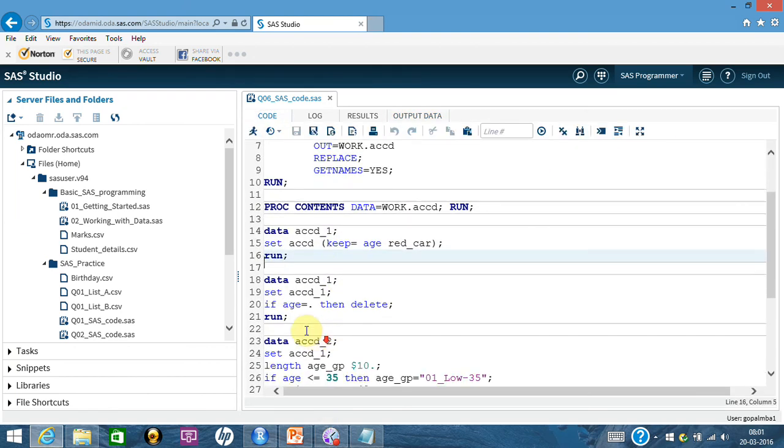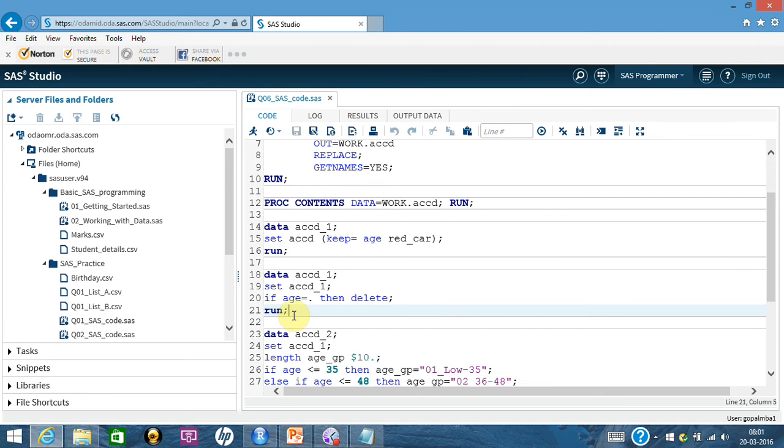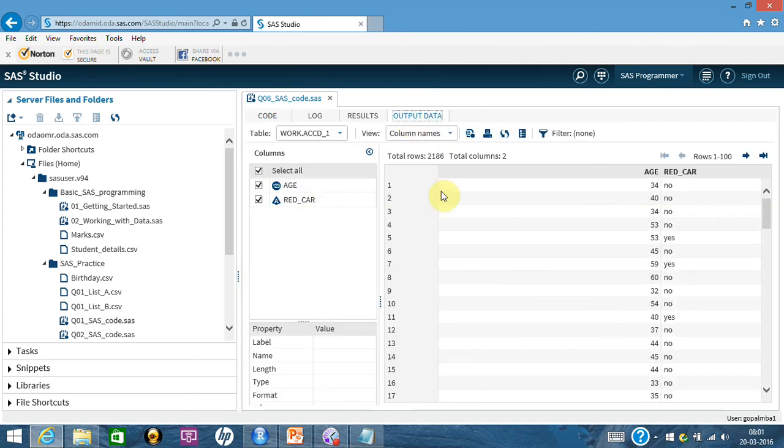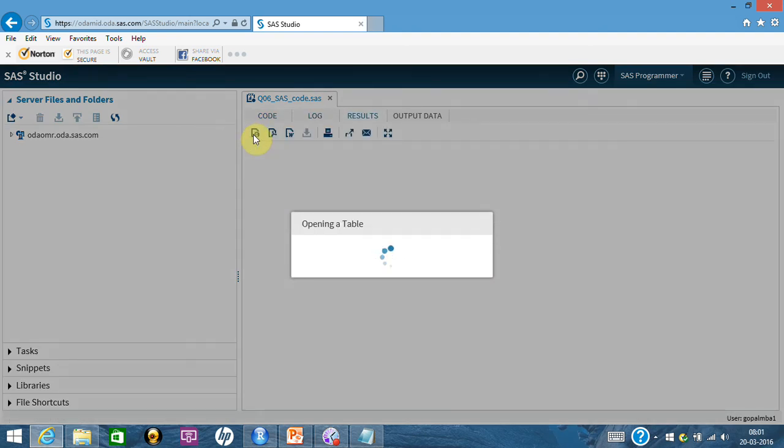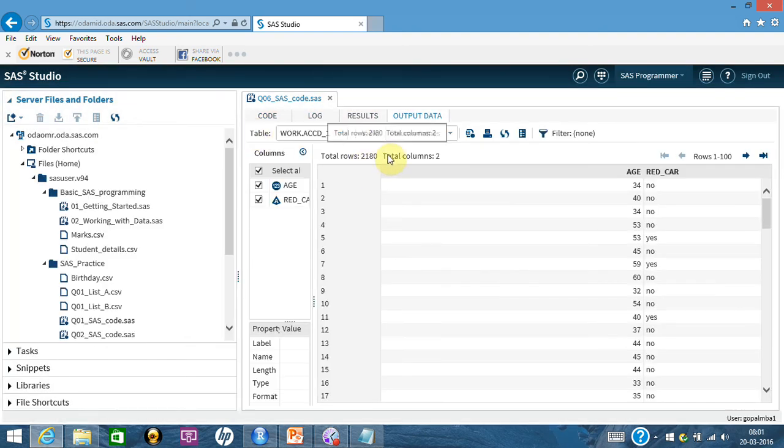Now let me get rid of the blank records, because if you remember there were 5 records where age was missing. If I run this, it will actually delete even the extra row. So in lieu of 2186, I'll get 2180 records. If you think of it, till now you have 2186, and you'll get 2180 because there are 5 records where age is missing that you had seen in R, and 1 record where all the fields are blank. So let me run it. Now you have 2180 records.